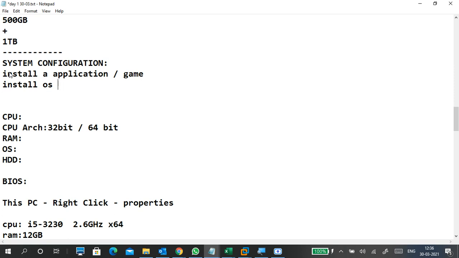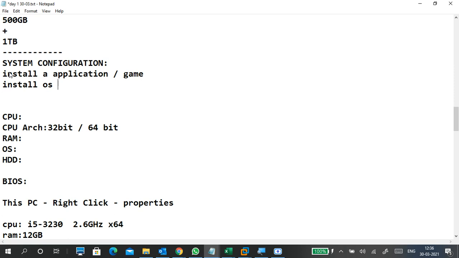operating system, I have Windows 10 or Windows Server, or maybe you want to create a virtual machine or like that, right? You need to know what is your system capacity. You need to know what is your system capacity also. So that's why we should understand what is the system configuration of our system first of all. Okay, or any system. So whether you have a remote desktop or maybe any system, what is exactly that physical configuration there. So that is very important to do.